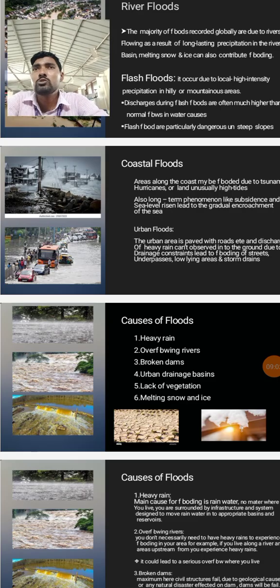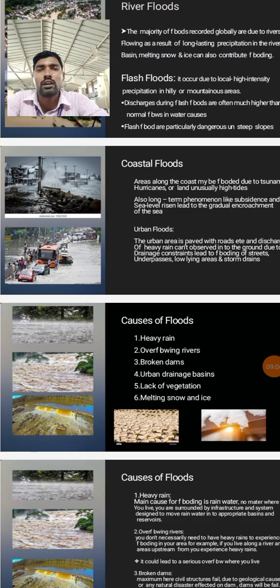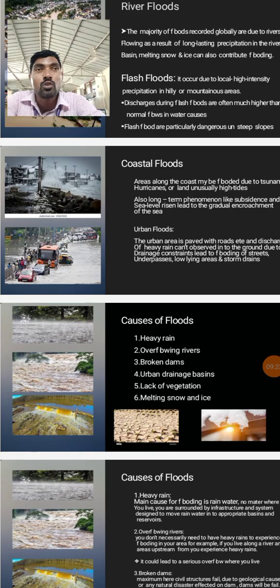So my dear students, soil simply absorbs rainwater or any water content. Concrete cannot absorb the water content. If it is not absorbed, that water flows on the surface of the ground. Excess water flowing on the surface of the earth, on the ground, is what we call a flood. So that's why, when any small rain happens,